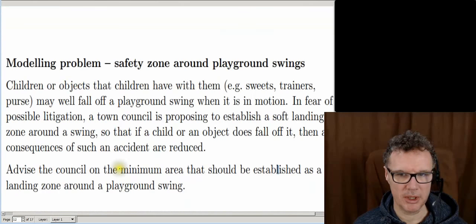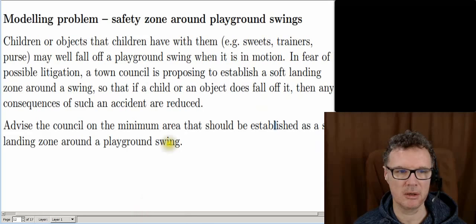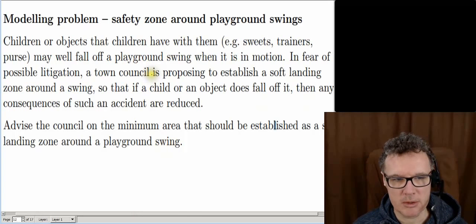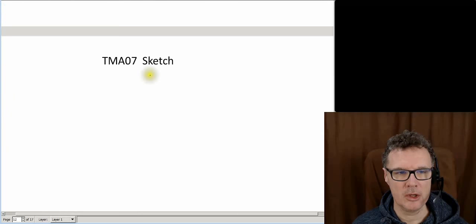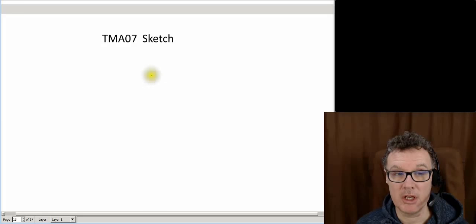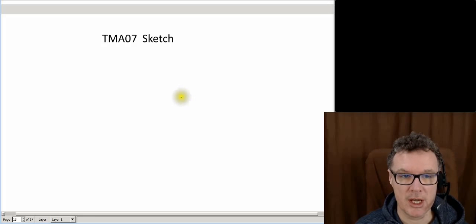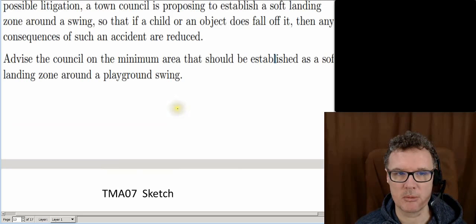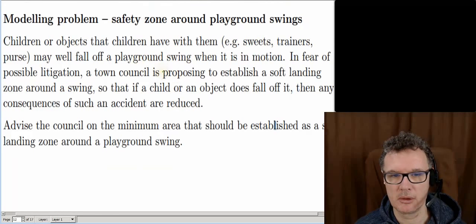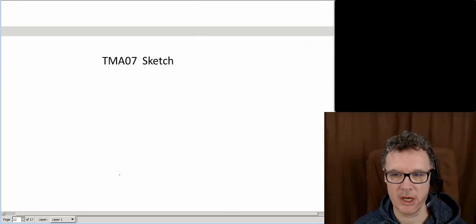And the problem that we're doing is the same problem that we did as the exercise in the previous tutorial, so we don't need to go over that again. But as your starting point, what I want you to do, and I recommend we do this individually, is everyone individually do a sketch of the problem. So the problem is a child on a swing, and they're going to release an object and it's going to fall. You've got to establish the safe area. So do your own sketch,